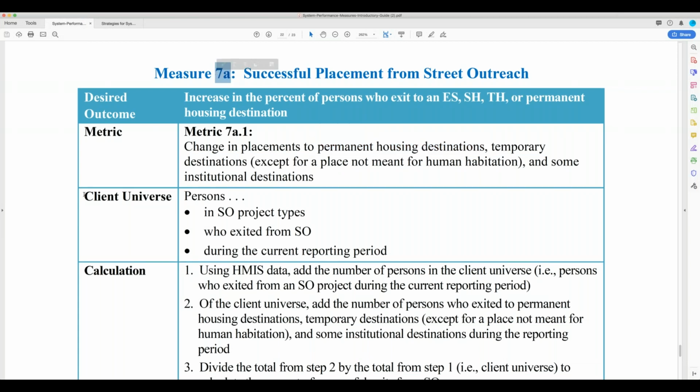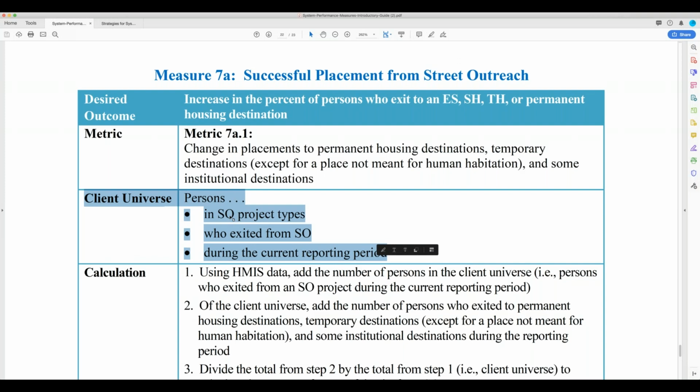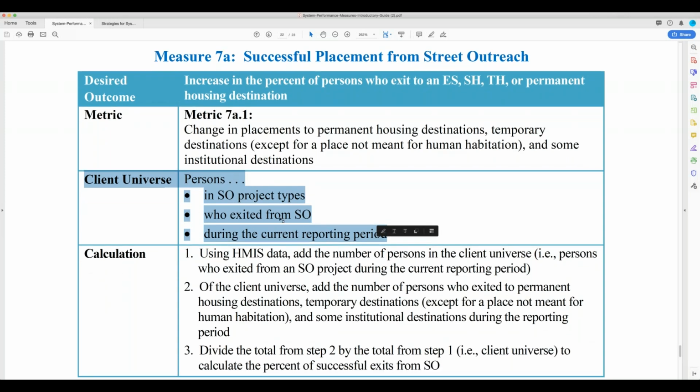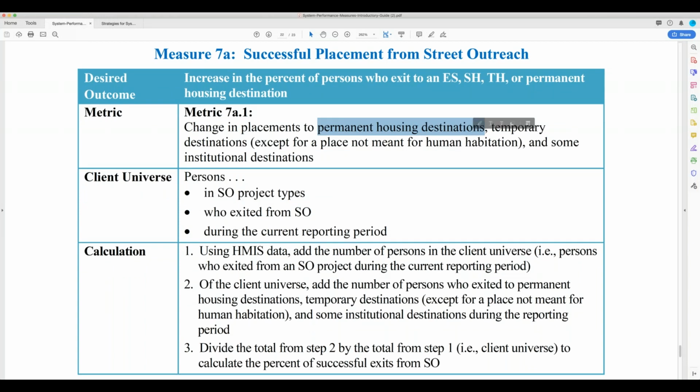In 7A, the nuance is that the universe for 7A is just for street outreach. Okay, so any programs, whether CoC funded or not, that are labeled as street outreach, so primarily PATH program, and in the case of Morris CoC, you have Step Off the Street, which is the CoC funded outreach. Okay, those two projects are street outreach project types, and what this measure looks at specifically is how many of the persons who were in that project type exited directly from street outreach to a permanent housing destination. Okay, so that's what it's measuring, and we'll look at that again from different locations in the next couple of metrics.